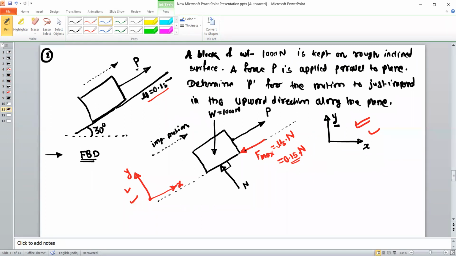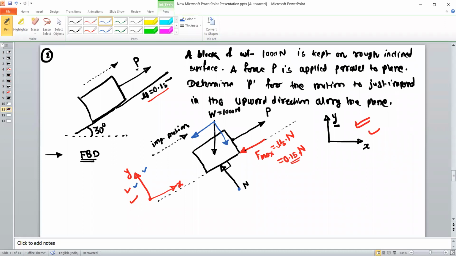So P force is parallel to the x axis, so no need to resolve that force. W force, we have to resolve this force. So draw one vector parallel to the x axis. This will be the x component. Draw a second vector parallel to this y axis. This is the y component of the weight force. Similarly, this normal reaction is acting exactly in the y direction, along this y axis, so no need to resolve that normal reaction.